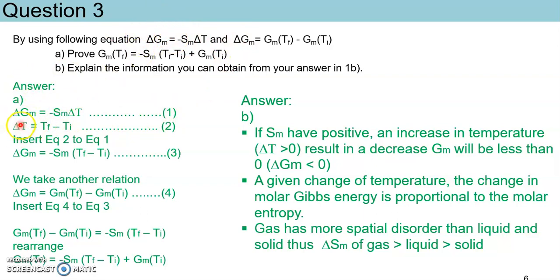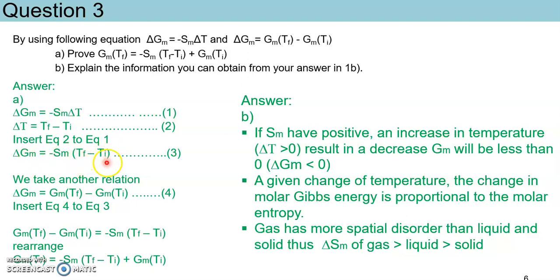So we have delta molar Gibbs energy equal to minus molar entropy delta T. We know that the definition of delta T is final temperature minus initial temperature, and we can substitute this into the first equation by definition, and we will have delta molar Gibbs energy equal to minus molar entropy in bracket final temperature